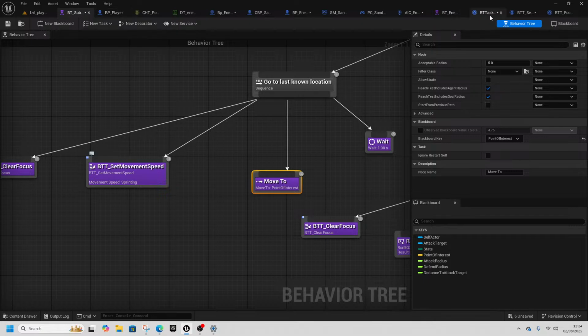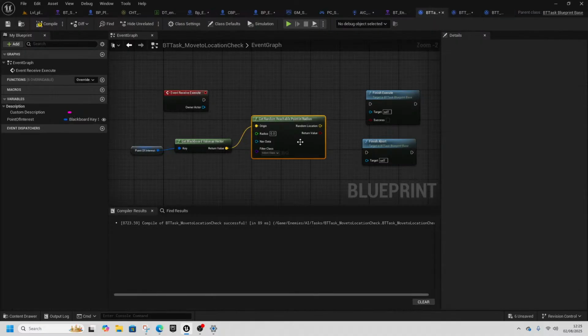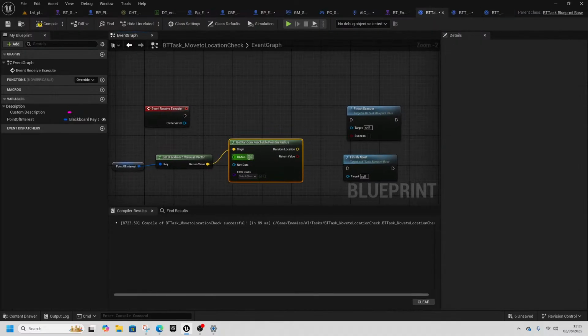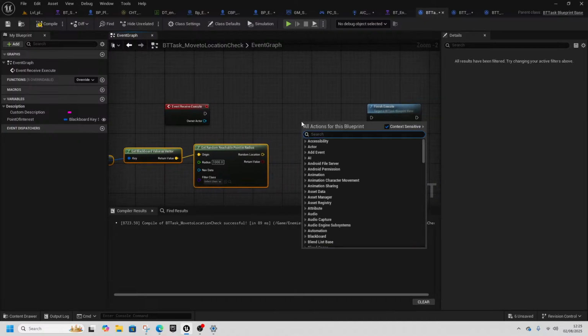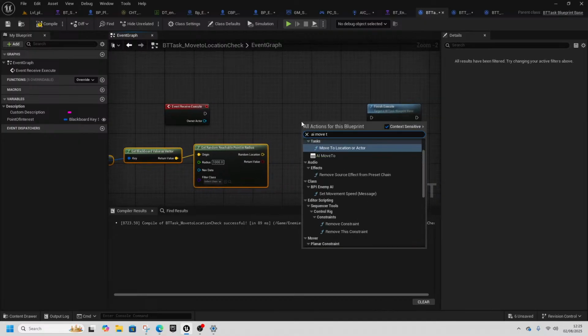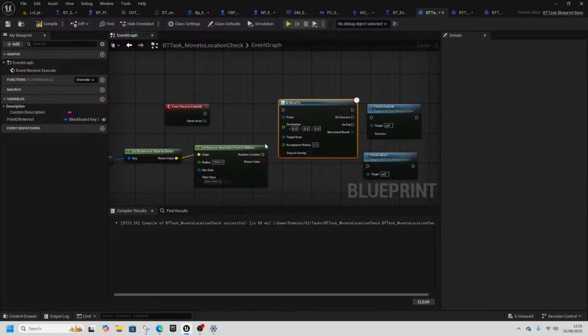I think we can just get a random point, get a radius like this, pass that in, and say AI move to. The owner of this would be